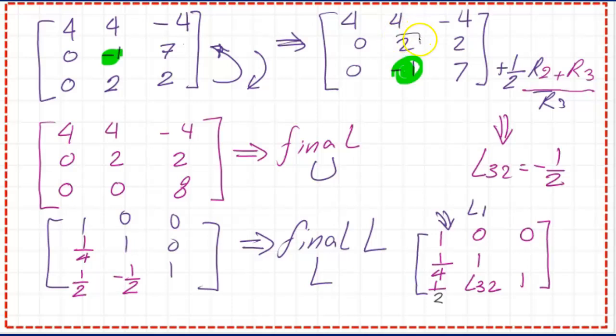This is our new pivot. Then we are going to multiply by minus, minus 1 over 2, R2, and add it to R3, and all the values will be in the new R3. Plus 1 over 2 by 2 is 1, plus minus 1 is 0, so we have 0 here. 1 over 2 by 2 is 1, we add to 7, we have 8 here. Hence we have come to find the final U matrix.